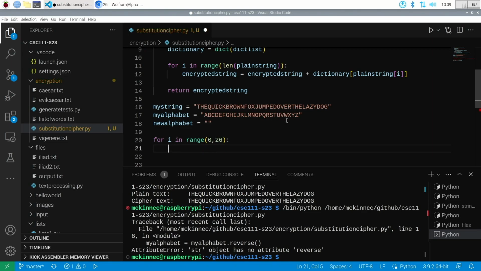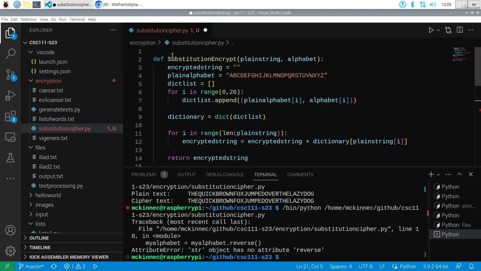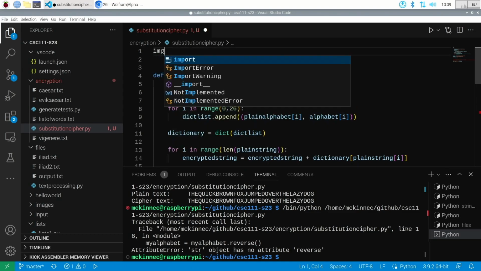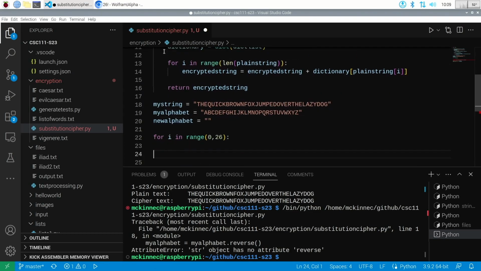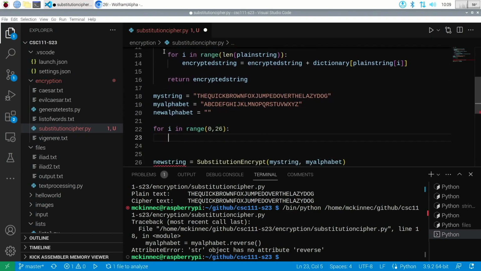First off, if I want to do random numbers, what do I have to do? Yeah, I need to import random, so let me put that up here at the top. Okay, I need the random package from Python. Okay, and then let me do the following. So let me do random number equals,